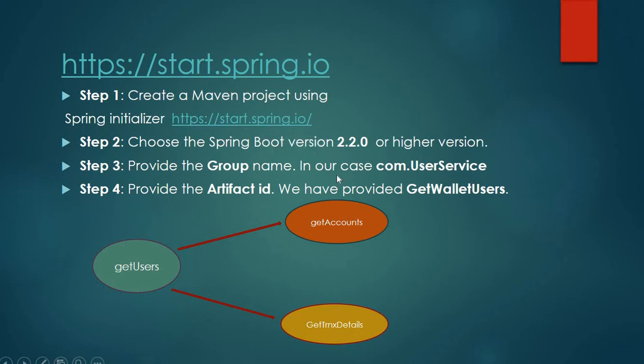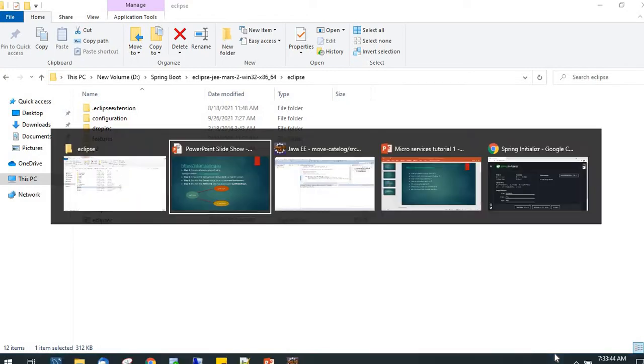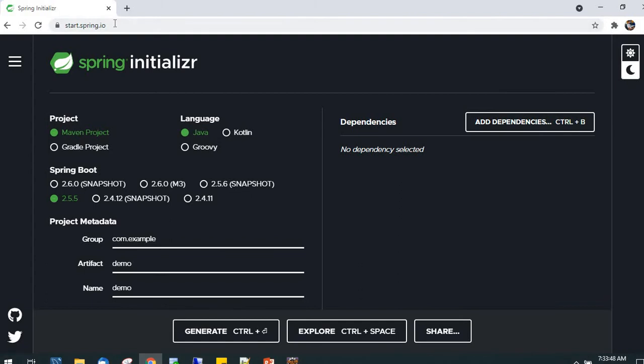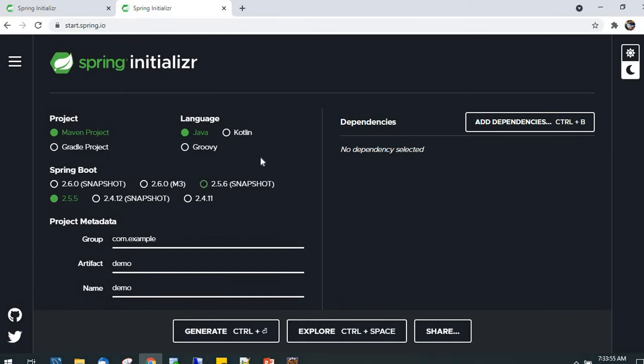So let's go to Google. Yeah, it's already open. You can also search start.spring.io initializer. Here, we have to select Maven project or Gradle project.